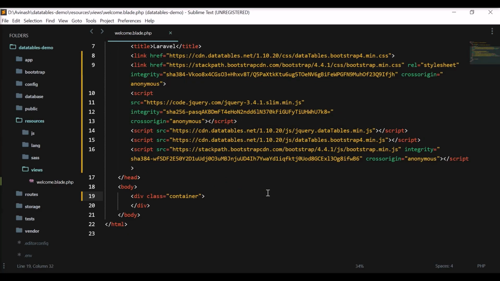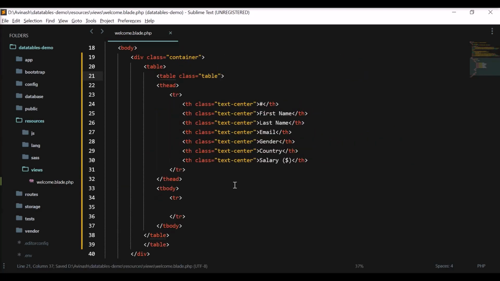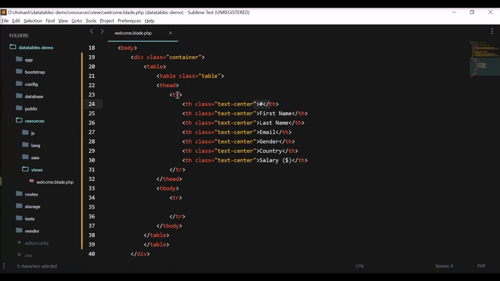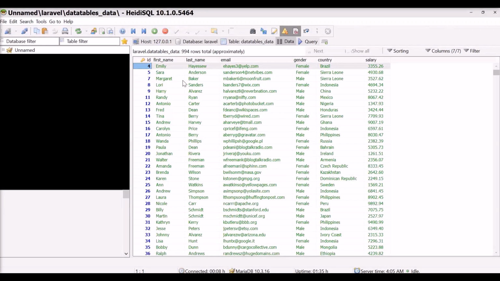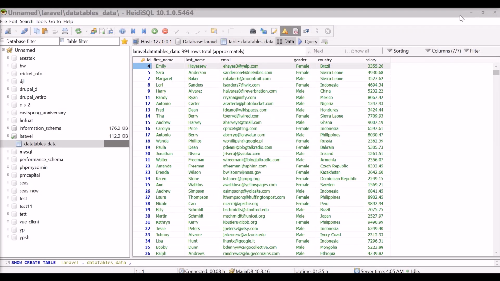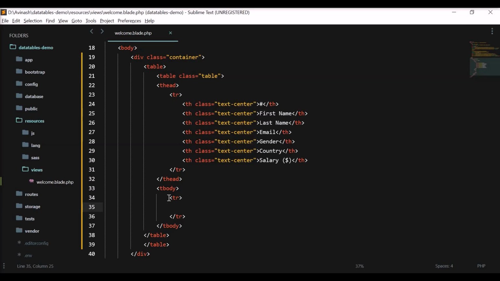So I'll show the data in a table and integrate that table with data tables. So first let me create a table here. I'll create some basic structure for this table. So this is the basic table structure I have created. In the table head we have first name, last name, email, gender, country and salary. This is all the data here which we have, and here we'll just loop this data. We'll just fetch the data from the database and loop this and put it here,